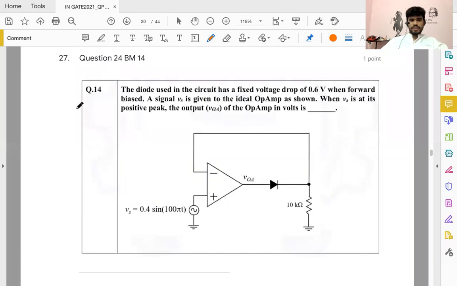This, interestingly, we have covered in class by now. This is what is known as a precision rectifier. For current to flow here, this has to be at a positive voltage. So if this is 0.4, current will flow, and that current cannot come from this wing. That current needs to come from this wing. So this diode has to be closed, and if the diode is closed, it has a fixed voltage drop of